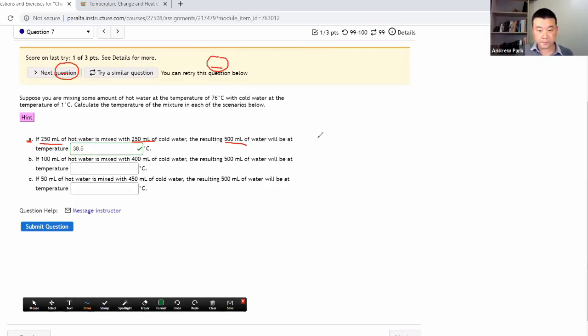To calculate the average temperature, I had the hot water temperature plus the cold water temperature